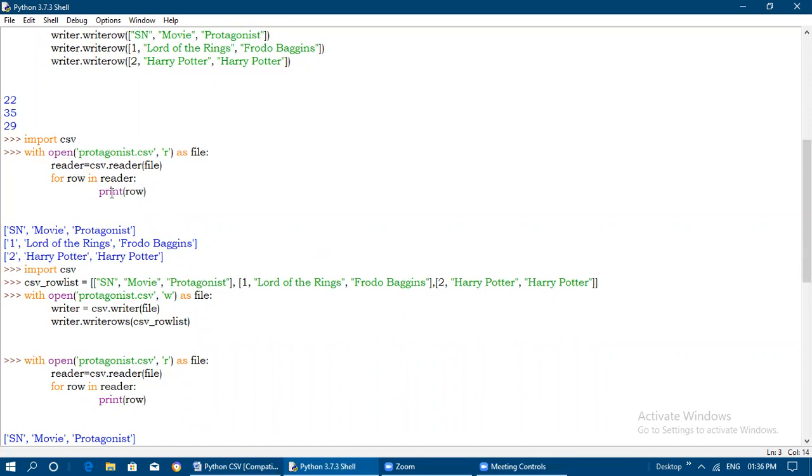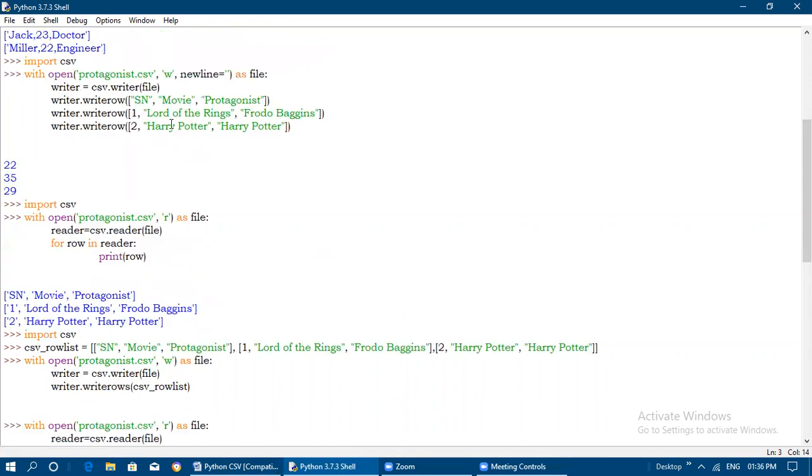After that, I printed that row, so every row is displayed like this. In the same way, with the help of the writerow method and the writer method, we have written some values into the file called protagonist.csv.